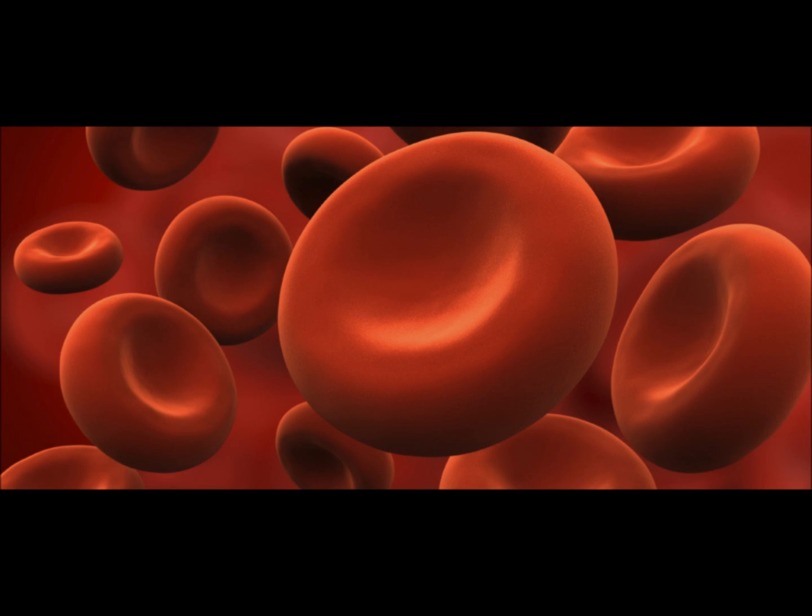You can see a left shift that is gone 5 minutes later. They've done studies where they've drawn little kids. How many of you have drawn children? None of you have had to draw kids? You have, okay. Or have kids who've been drawn. They sit there and they scream and they yell and they holler. If you draw a CBC, if you can get one before they start to scream and holler, and then